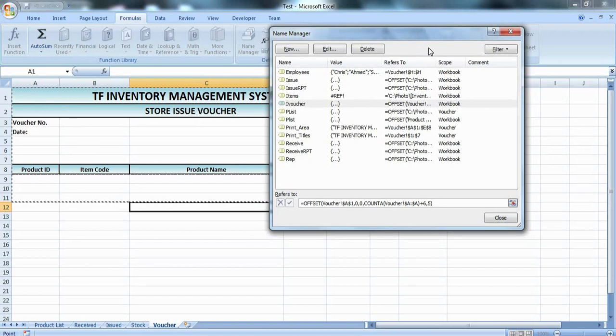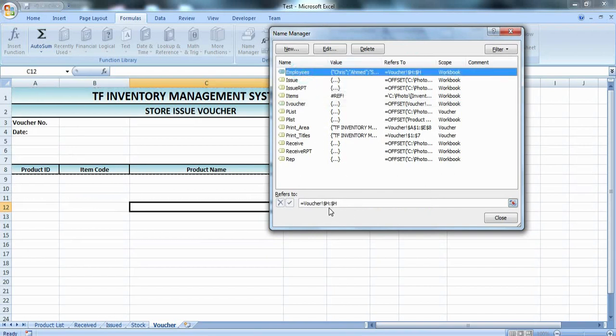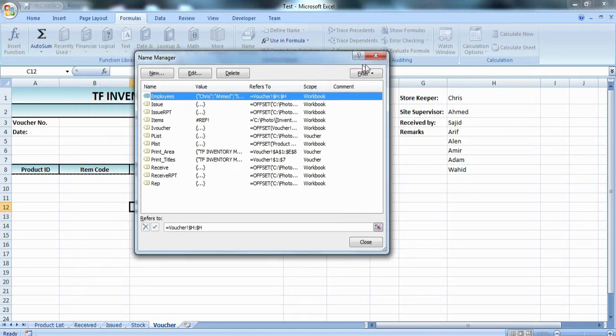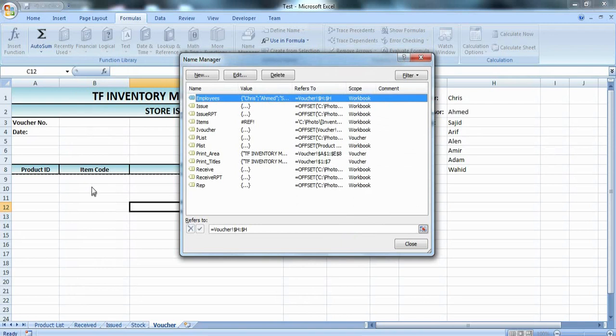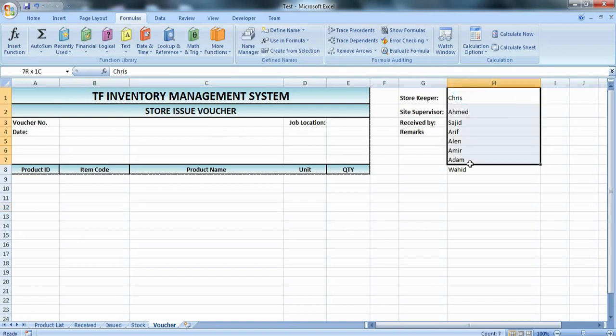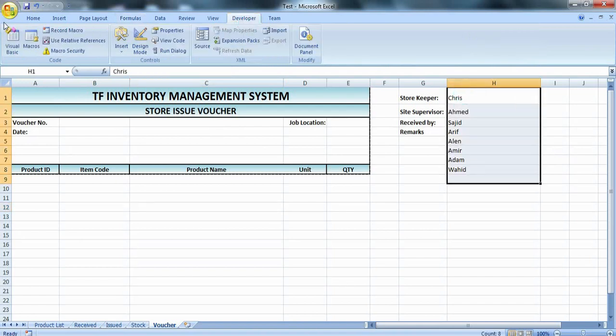Now, another name range I have created. This is not dynamic, this is just a name range I've created for these names of employees, because these names will be populated in the combo box of our user form, so that we can select one of them to enter in our issue watcher. So now let's start. This dynamic name range is already created, the partial format is already created, and the name is already given there. Now we'll go to our coding part.